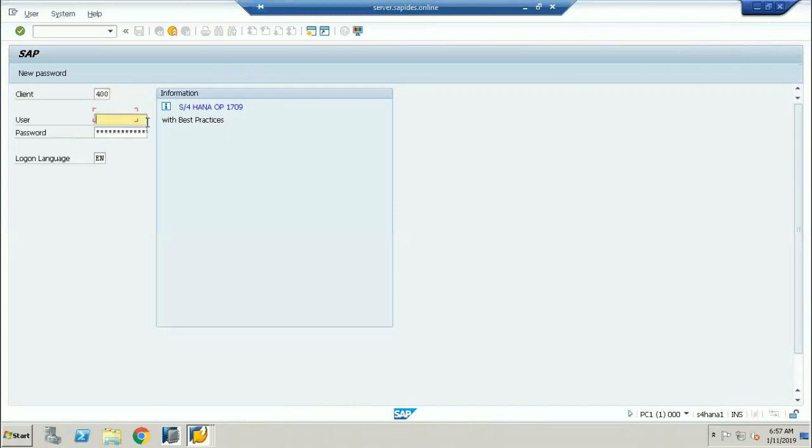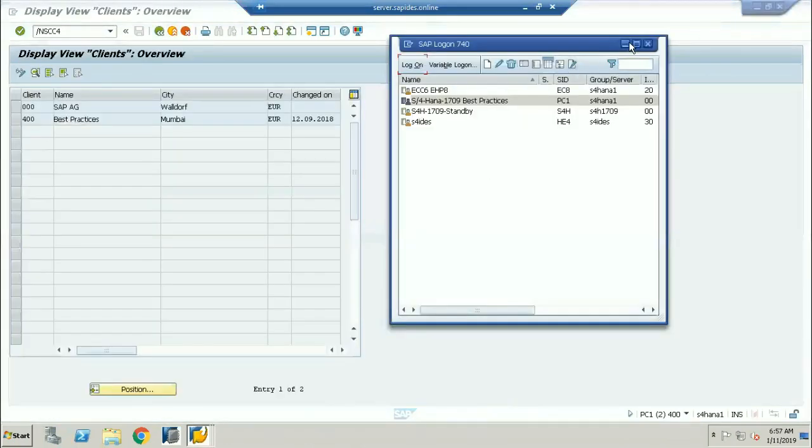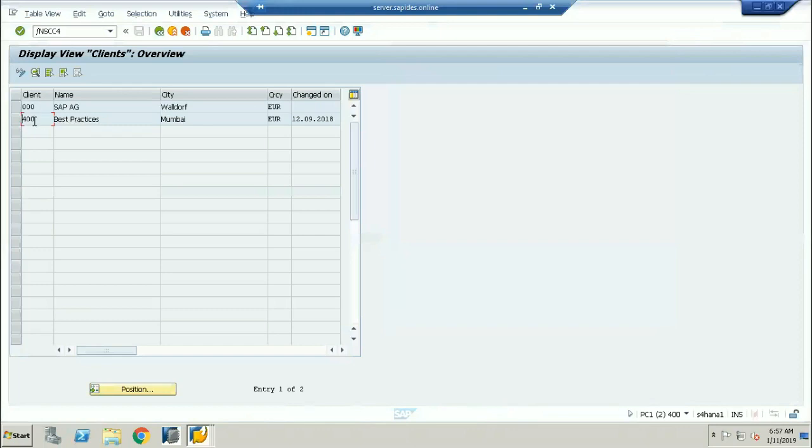Then you need to provide your user ID and password. The respective user ID and password will be given by your SAP team, by your server team. Once you log in, I am logging in to client 400, which is the client I am working on right now. These are the two clients which are available, so select your 400 client. And this is the details icon.